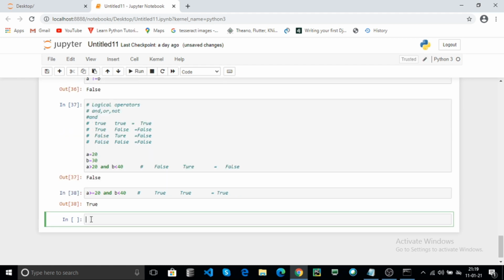Now use the OR operator. The OR operator is the same as AND, but if any one condition is true, it returns true.